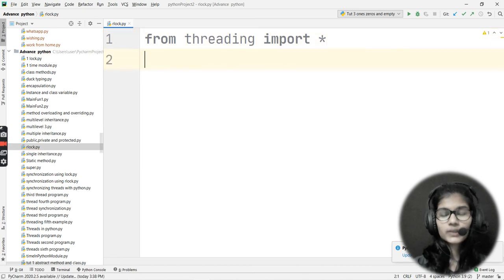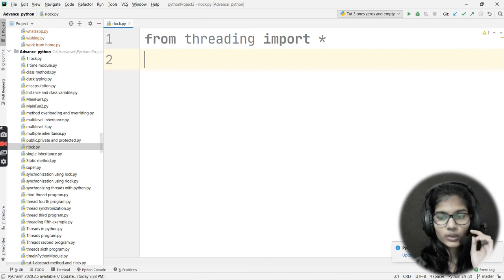This means that from the threading module, I'm trying to import everything. The asterisk means that each and every function in this library, I'm importing all of these here. So in that case, I can use any of the functions whichever I want.